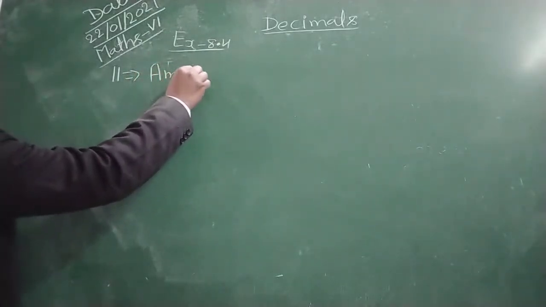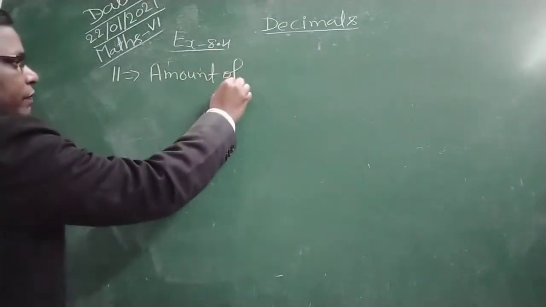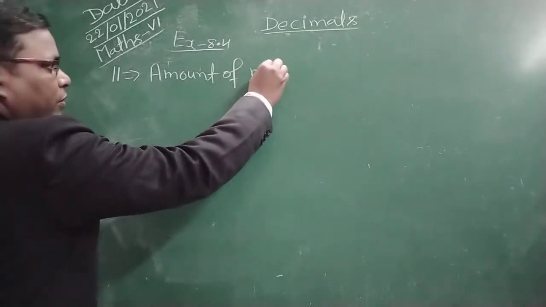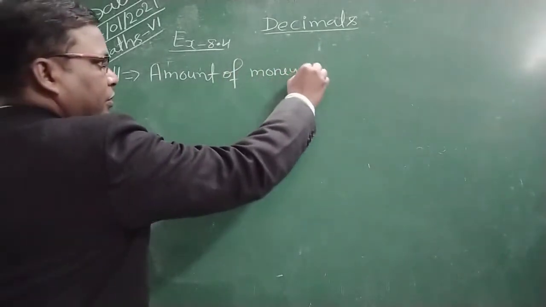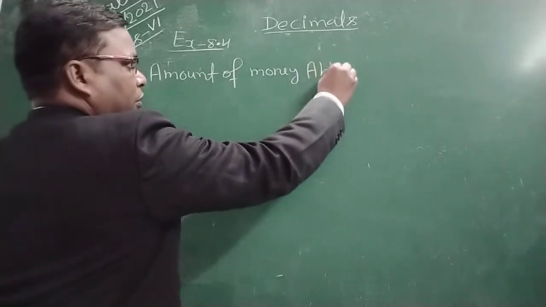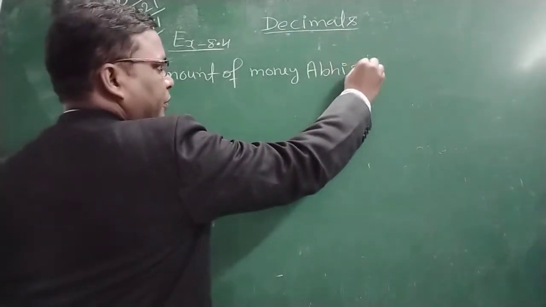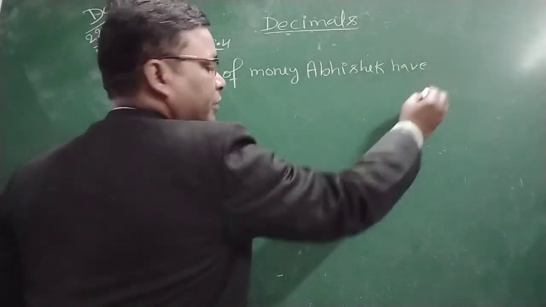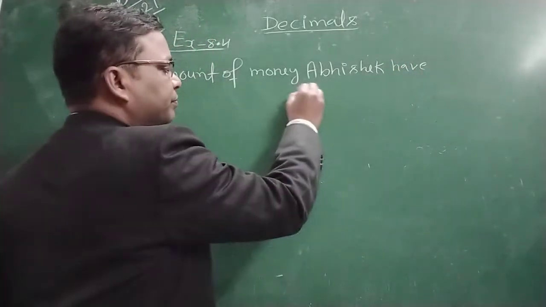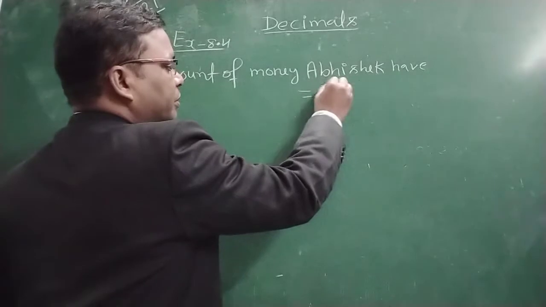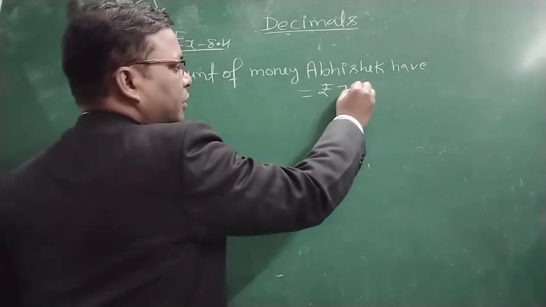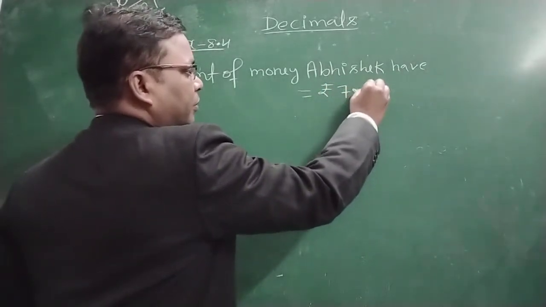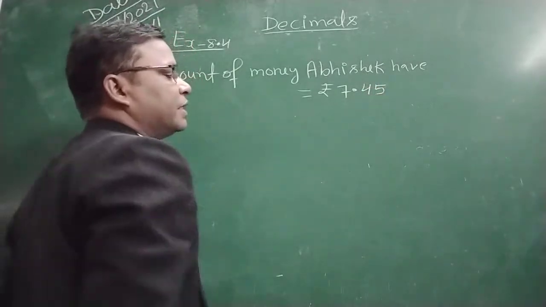Amount of money Abhishek had is equal to rupees 7.45. Okay, this is given. Now